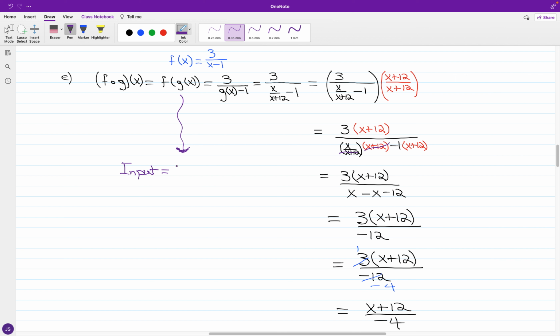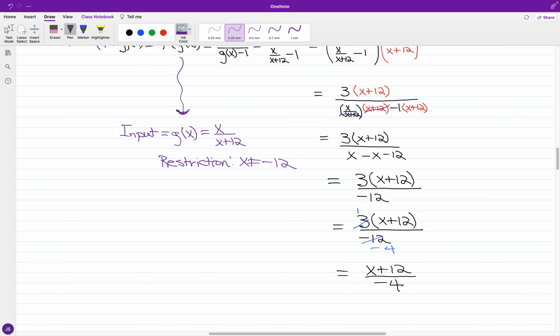again, we have the input. We have g of x, again, that was x over x plus 12. Again, for the restriction for the input, we have x plus 12 cannot be 0. So we have that x cannot be negative 12. Okay. Now for x plus 12 over negative 4,